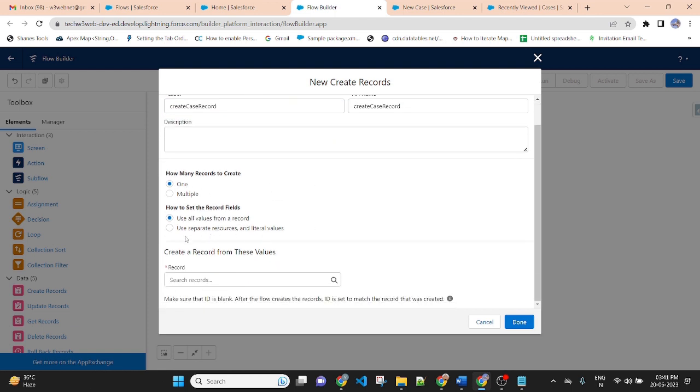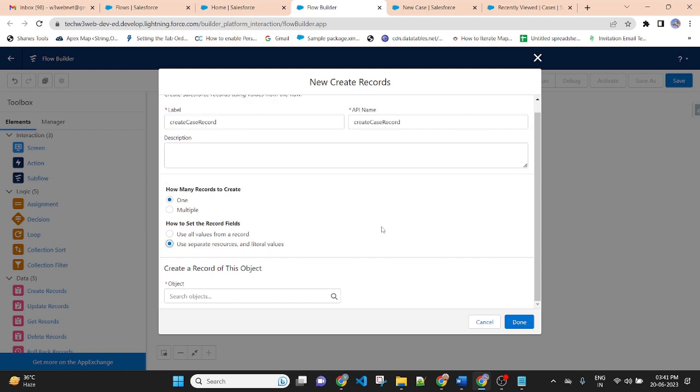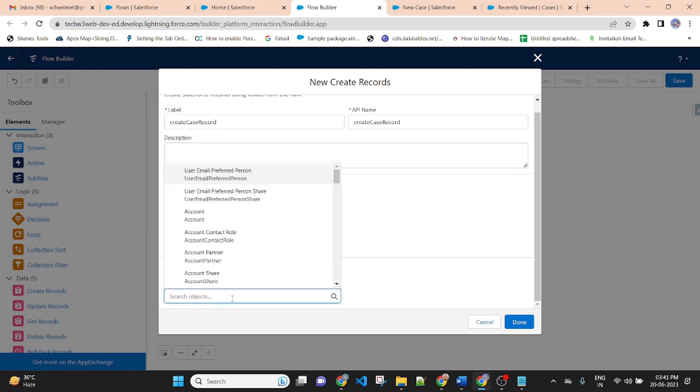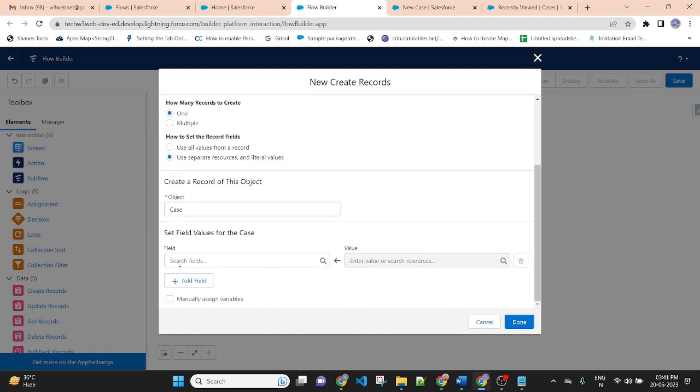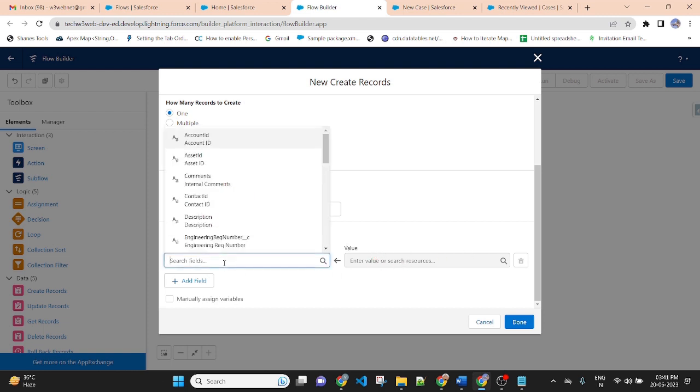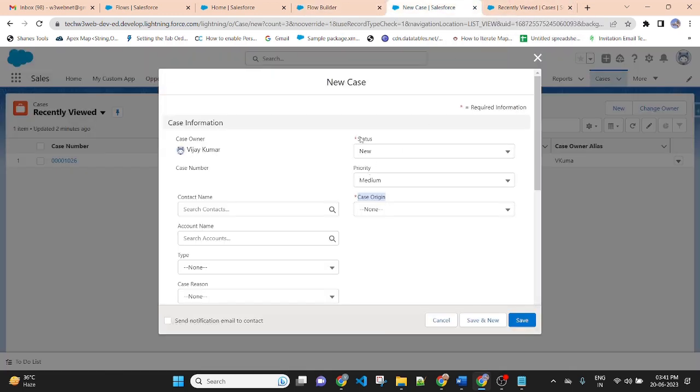I'm creating one record. Select use separate resources so that I can select an object name. I am creating a case record, so I am selecting case. Then there is a field name and there is a value. So I am selecting the field names. First field names will be status and case origin.